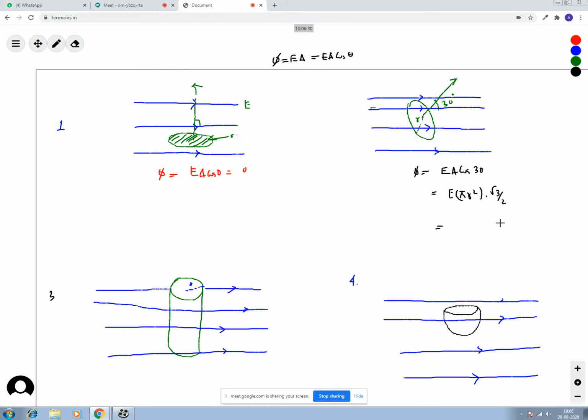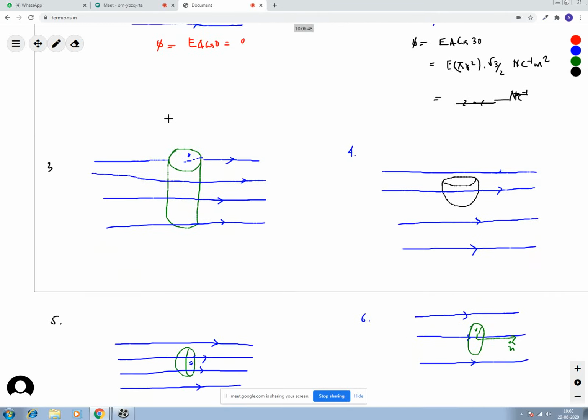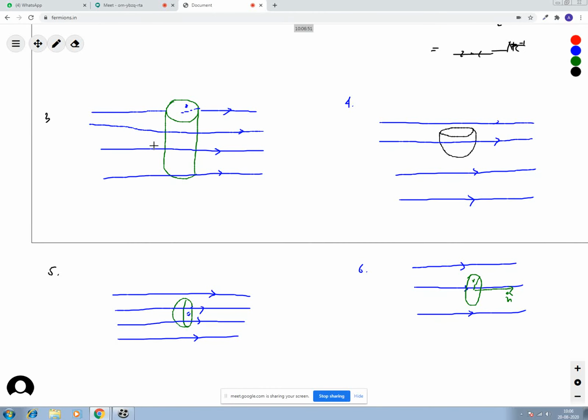What is this saying? Geometrical significance means what? Can I say in simple plain English that no electric field lines is crossing the surface? And you can see in the picture, no electric field lines is crossing the surface at all. Correct? So this is the concept of flux. What about this case? In this case also phi equals to how much? EA cos 30. How much is cos 30? Cos 30 is root 3 by 2. So that means, and radius is given, so I can write this as E pi r square into cos 30 is root 3 by 2. So this is the flux.